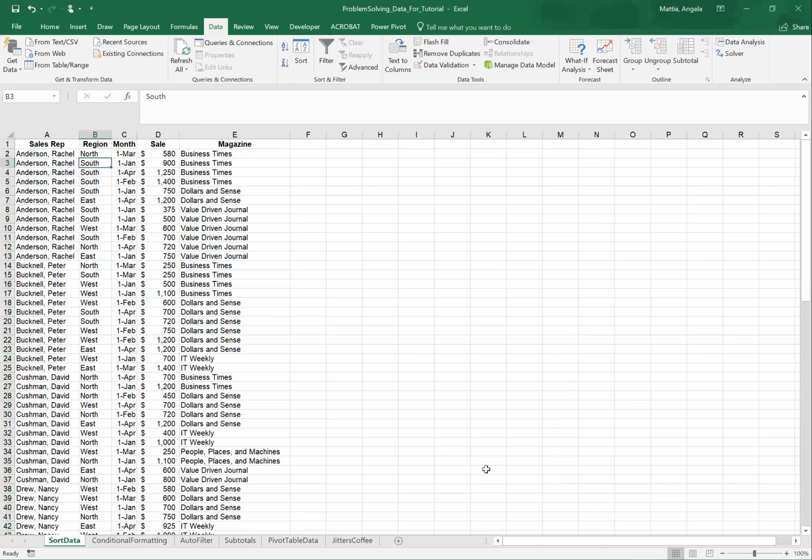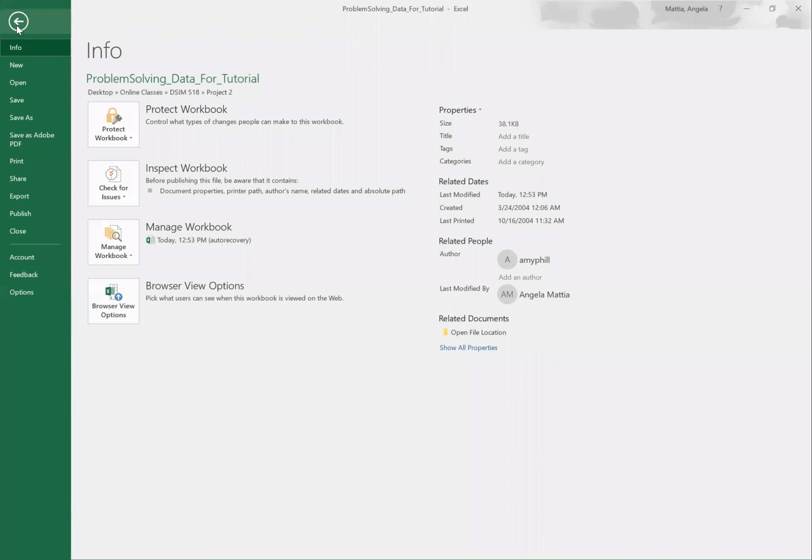Now, you can also do other things as well. You can do things like custom sorts. So how do you do a custom sort? You can create your own list to sort by. So the first thing that I need to do is create the list. So if I go to File, let's see, underneath File,